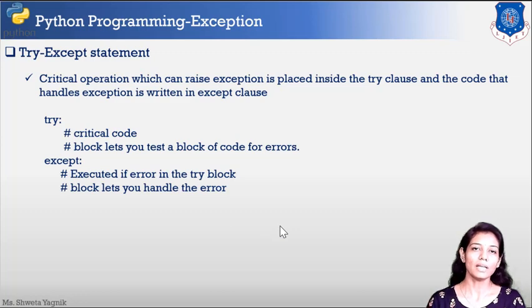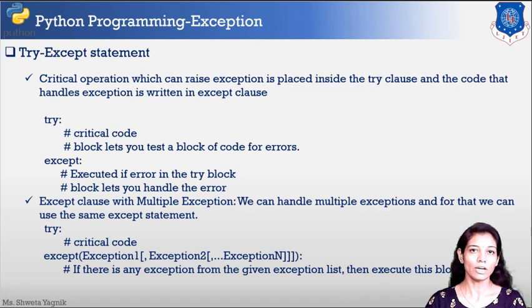Here you can have multiple except clauses, because as we have seen earlier, there are different sorts of exceptions that can occur in our code. So we can have separate except blocks in order to handle those separate kinds of exceptions. Another way of doing it is by having a single except and then a list of all the possible exceptions. This is another way you can handle all the variations of the exception in a single except, while in the other case you can have multiple separate except blocks. We'll try both and see practically how it happens.